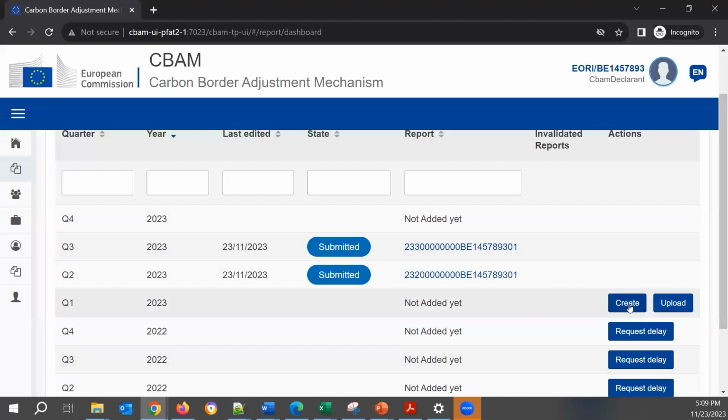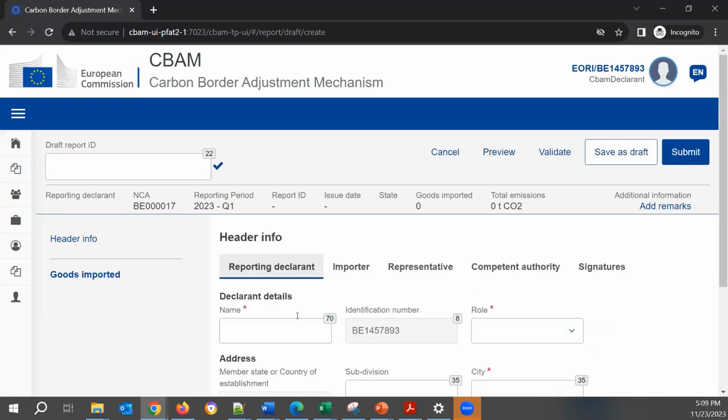So if I create a report for Q1 of 2023, and this is only available for me and my colleagues in the development environment, if I create a report here and I put a report ID 2023 Q1 D1, and I also put my name, Adriana, and my role, I am an importer for all goods.